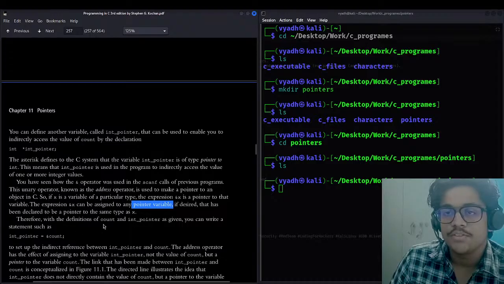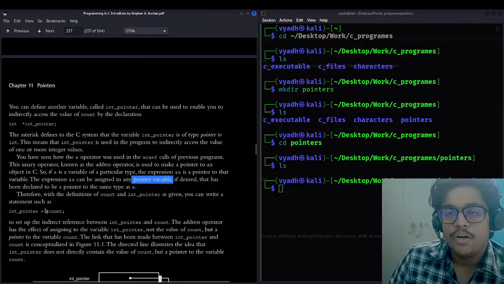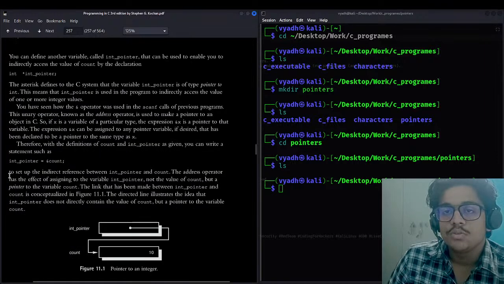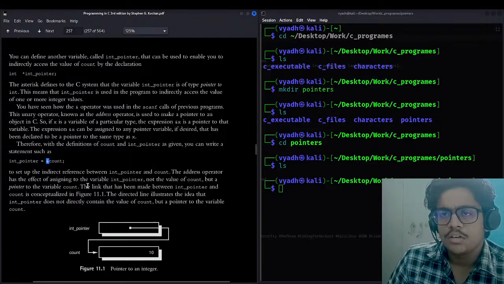Therefore, with the definition of count and int pointer as given, you can write a statement such as int pointer equals and count. This is a way of using a pointer variable, it is pointing at a particular variable. So to set up the indirect reference between int pointer and count, the address operator has the effect of assigning the variable. This is used to assign the value to a particular variable as seen in the previous programs, and this is how it will be working now in pointers.